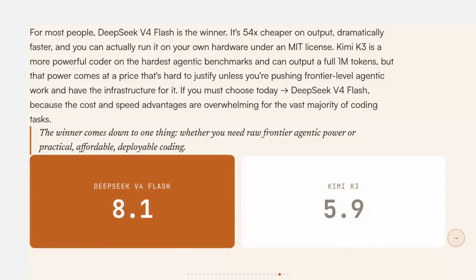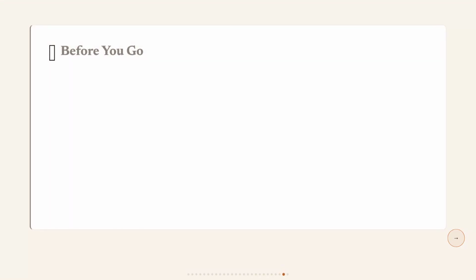If you're doing practical coding work at any real volume, pick DeepSeek V4 Flash. 54 times cheaper on output is the number that closes this debate. Kimi K3 is the right call only if you're running frontier-level agentic pipelines and you already have the supernode infrastructure to back it up. One thing the docs don't surface: Kimi K3's consumer API plans run up to 115 per month,